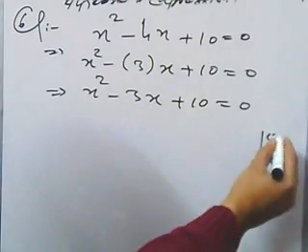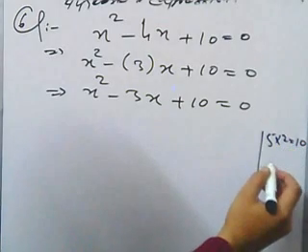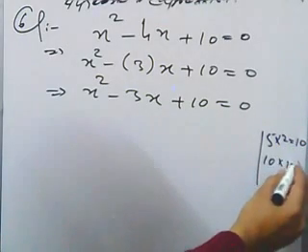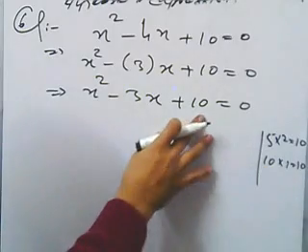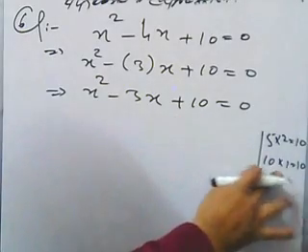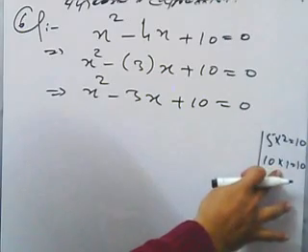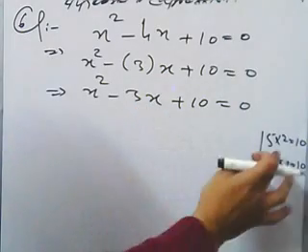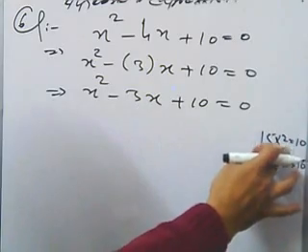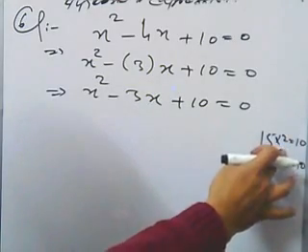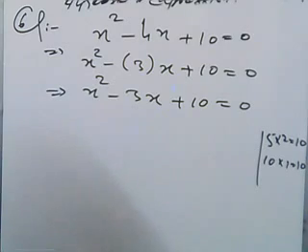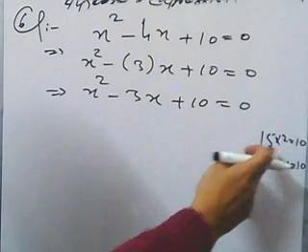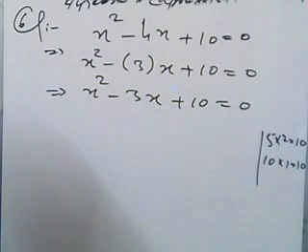Okay, make the factors. 5 2s are 10 and 10 1s are 10. If I use 10 1s are 10, no use to use, because 10 minus 1 you will get 9, but here is 3. 5 2s are 10. If I minus it, so you will get 3. So here is the opportunity to use this factor. But if I multiply this, you see here the factors become